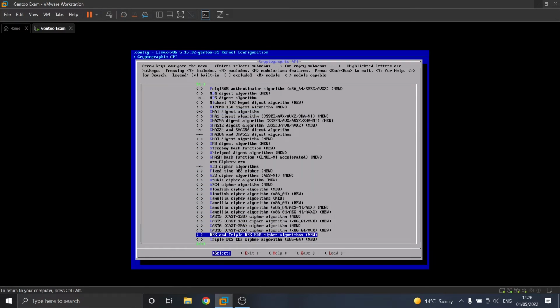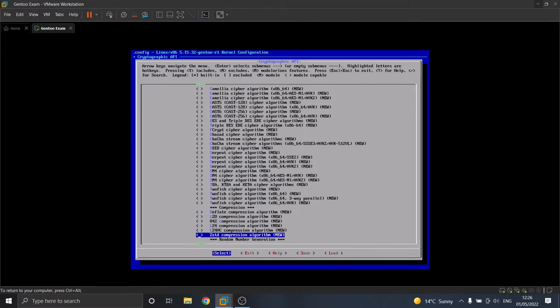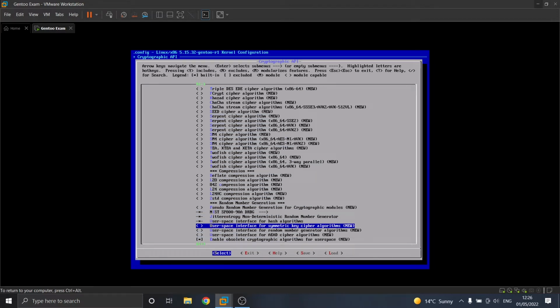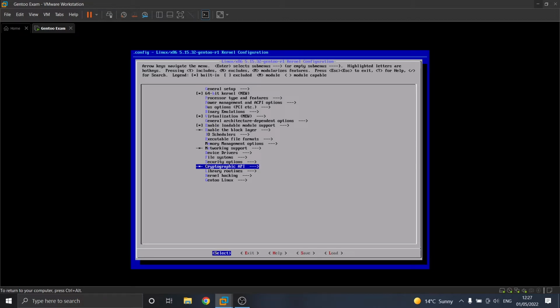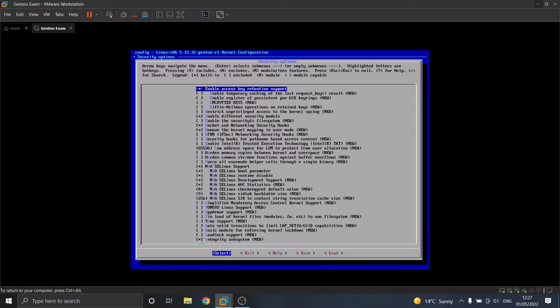Then we go to user space interface for hash algorithms. That one is built into the kernel by default. So we have to enable user space interface for symmetric key cipher algorithms as a star. Okay, now we exit once and we go to security options above, and here we have to enable the Diffie-Hellman operations on retained keys,